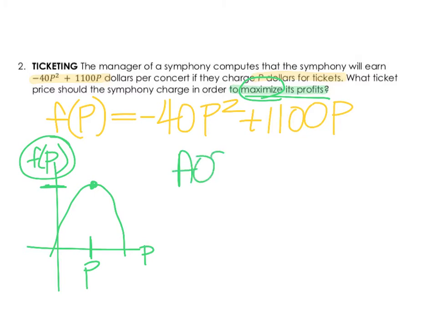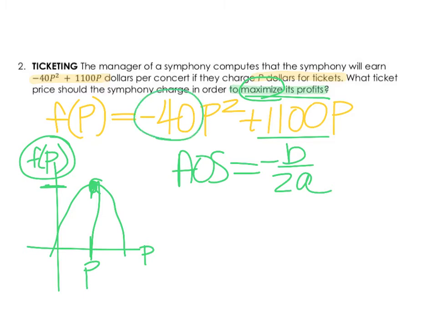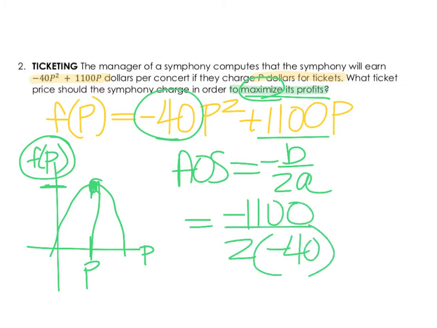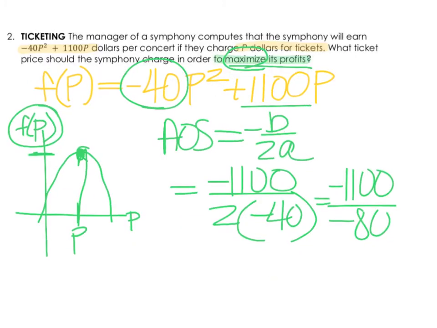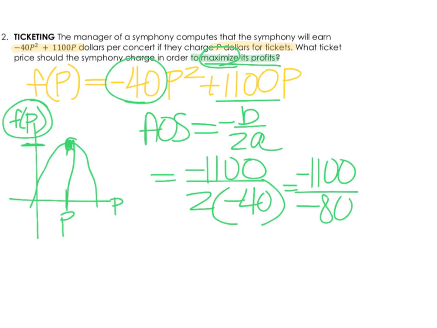So our axis of symmetry is negative b over 2a. If we find the axis of symmetry, we're going to find that p-value for the maximum, or for the vertex. So all we've got to do is find the axis of symmetry. We know our b is going to be 1100 and our a is negative 40. So we plug that in: negative 1100 over 2 times negative 40. So we get negative 1100 over negative 80. And if we plug that into our calculator, we're going to get